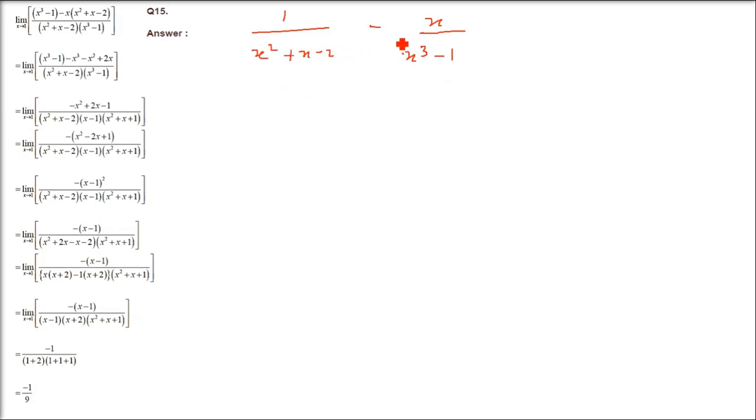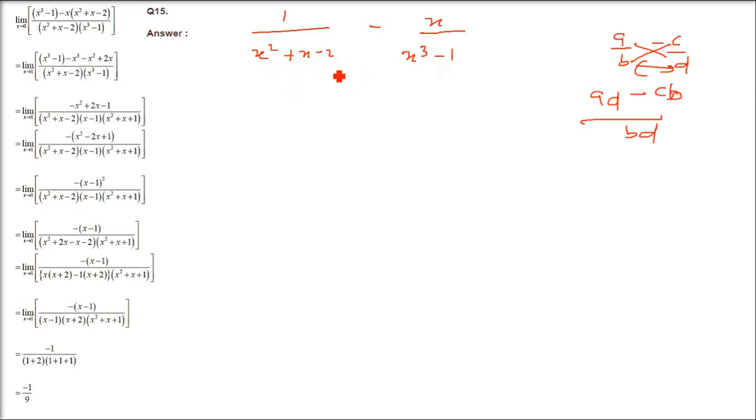So if you don't understand anything, it is simply this: if you have a/b minus c/d, the only thing to do is a into d, put it here, then c into b, minus c into b, and divided by b into d. So this is how we deal with this kind of situation. Let me just show you a better method so that we take some certain thing common.